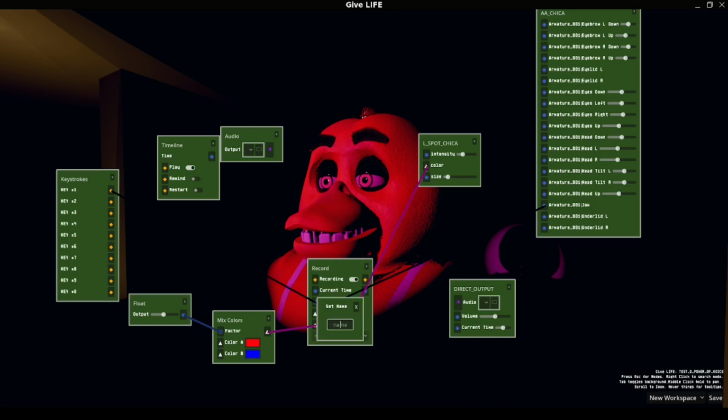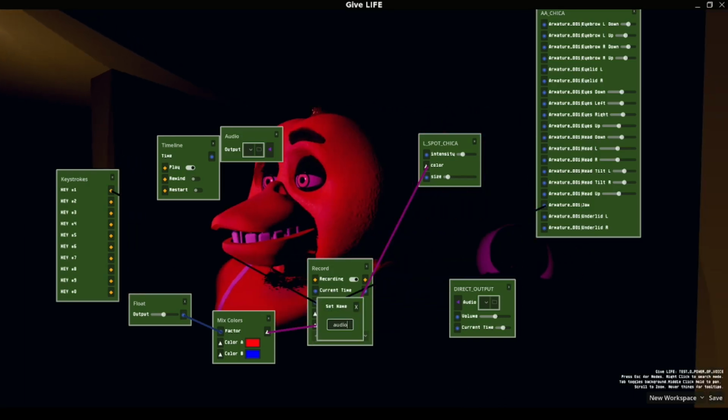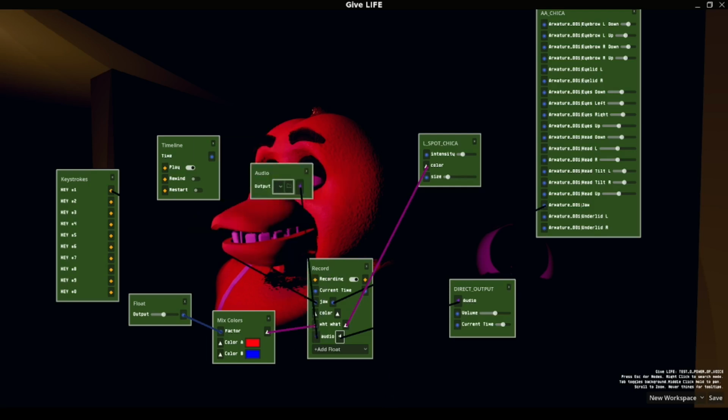Can add an audio node here. We'll type in audio right there. So we can plug that in, and we can plug this into direct output. This will be exactly to the speakers of your device. I will add other nodes for if you want to control speakers in game, but for right now, this will be direct audio output. But the audio that's being sent through these nodes is not an actual audio stream. It is simply the path to the file name, which is saved in your save folder.